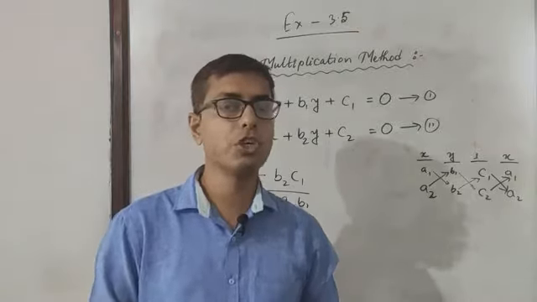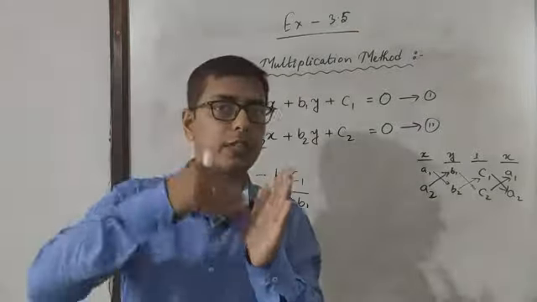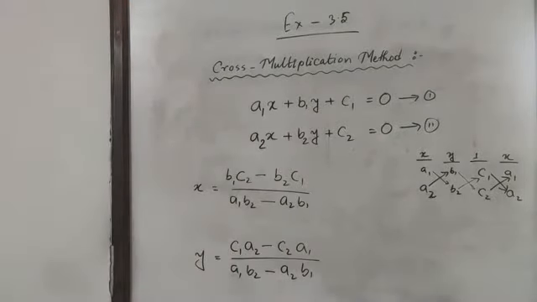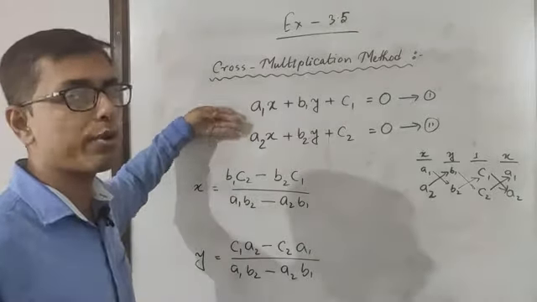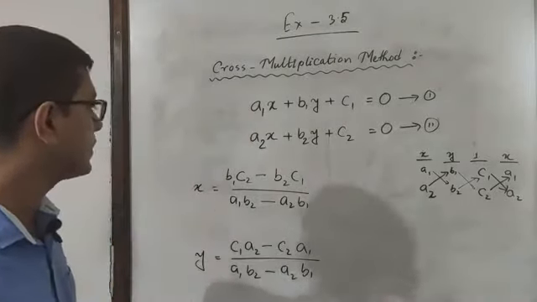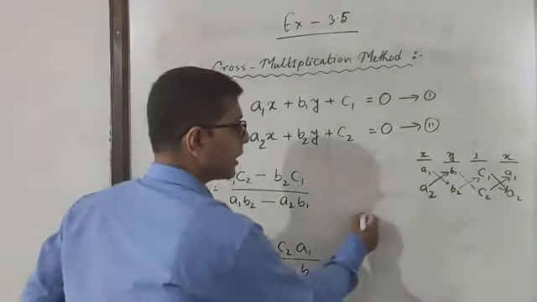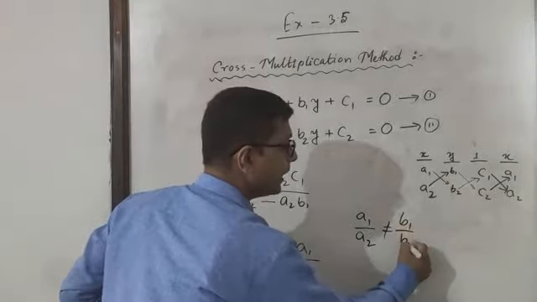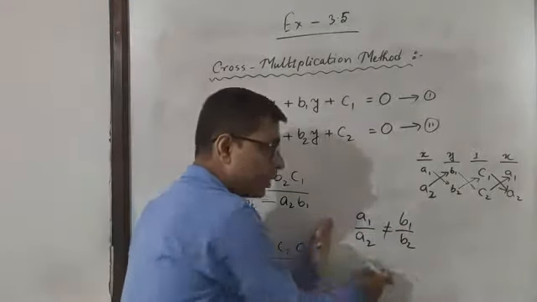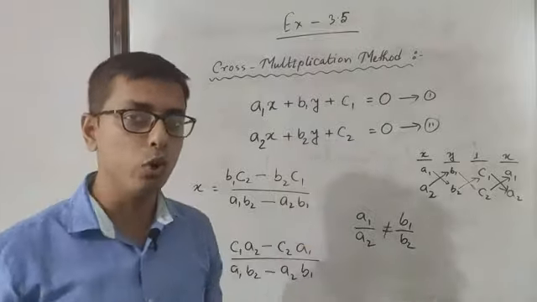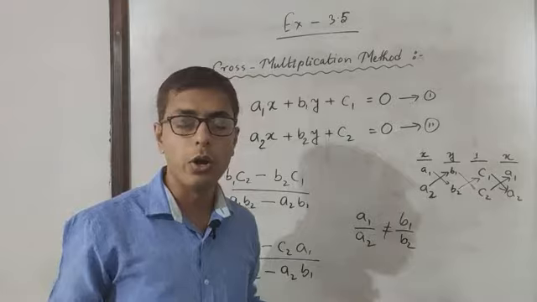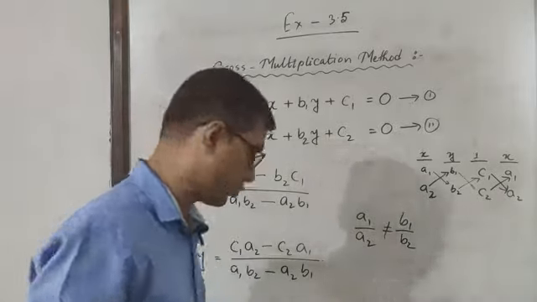Before solving, you have to check the ratios of the coefficients and the constant term. Now, I hope you have understood when to solve. First of all, we will check the ratio of their coefficients. If the condition a1 by a2 not equal to b1 by b2 is obtained, then we will solve by the cross multiplication method. Otherwise, we are not going to solve. We need not solve actually.